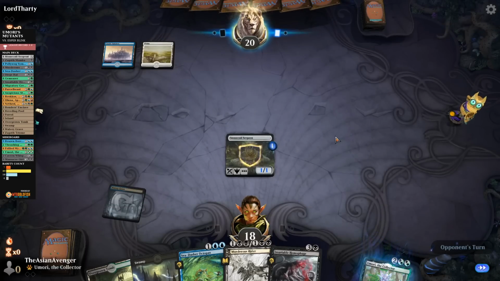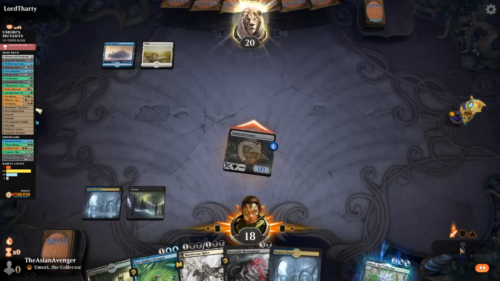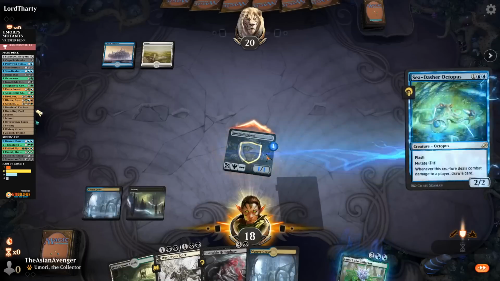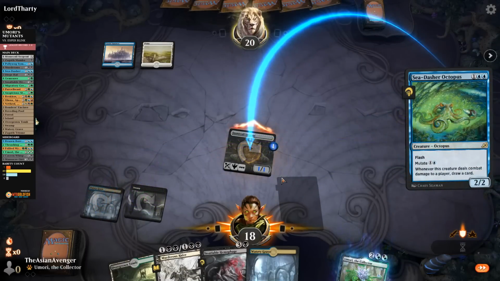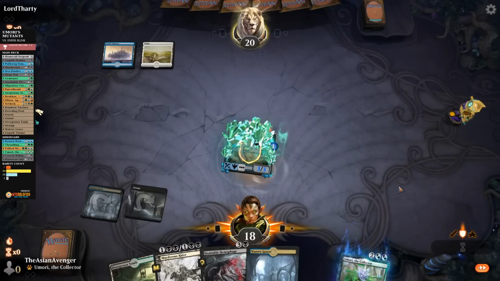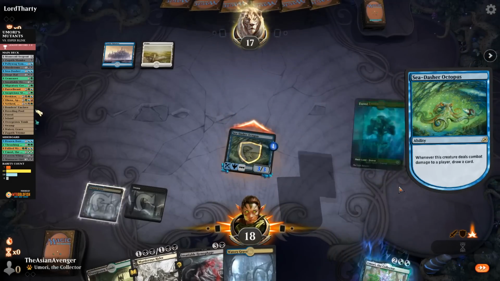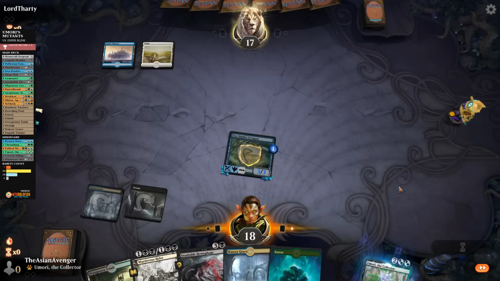Blue and white. Wow. Okay, so maybe it's just straight up blue-white control. I mean, they have a problem dealing with Stone Coil Serpent, so that's great news for me, but...